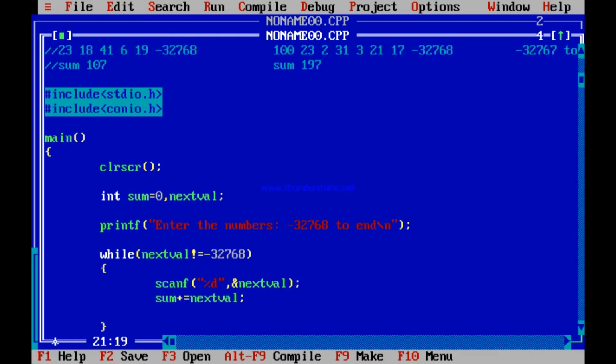But do you notice one thing? First time, next value is scanned as 100, 100 added to sum, goes over here, true, enters. 23 scanned, added to sum, goes back to the start of the loop, 23 not equal to minus 32768, true, enters, scans 2, 2 added to sum, and so on. It will continue up to 21, say 21 scanned,